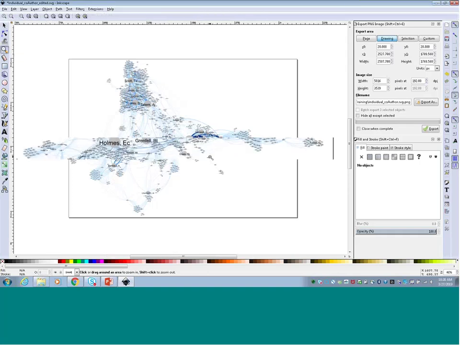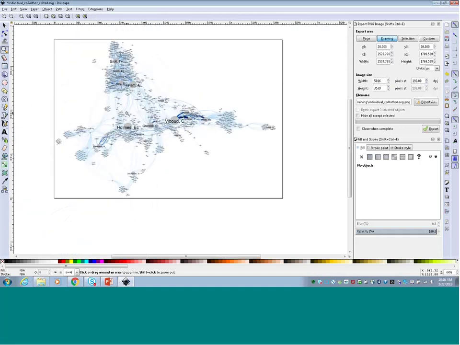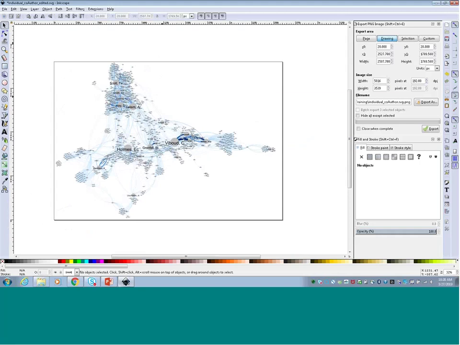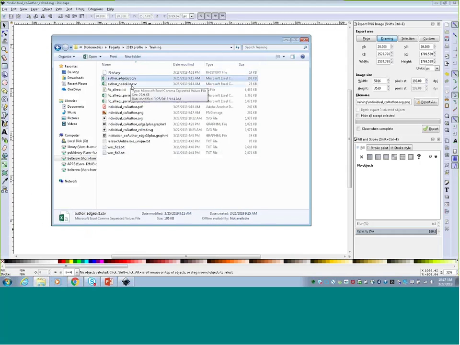I'm going to zoom in a little bit more, actually, let's stay out here for now. Then I'm going to go over into my files, and I'm going to open both the edge list and the node list that I saved from Gephi. Remember, as I said, in order to have the size options, you need both the node table and the edge table to get the corresponding numbers of publications, co-authorships, all of that stuff. So I'm going to go ahead and open those up. I've got my author edge list and I've got my node list.